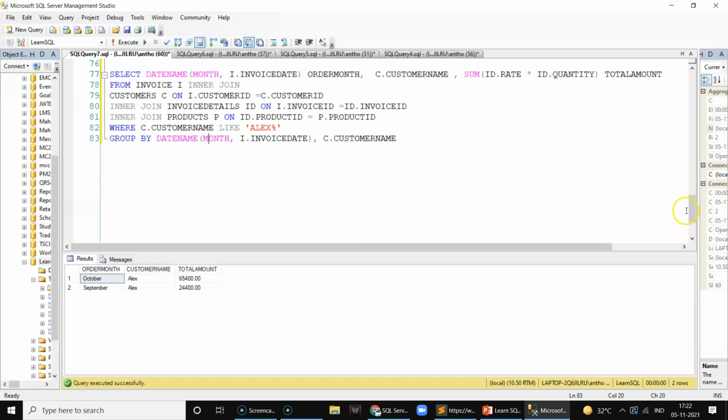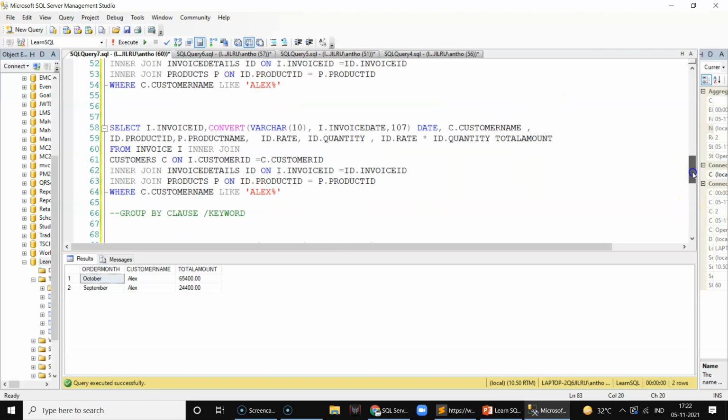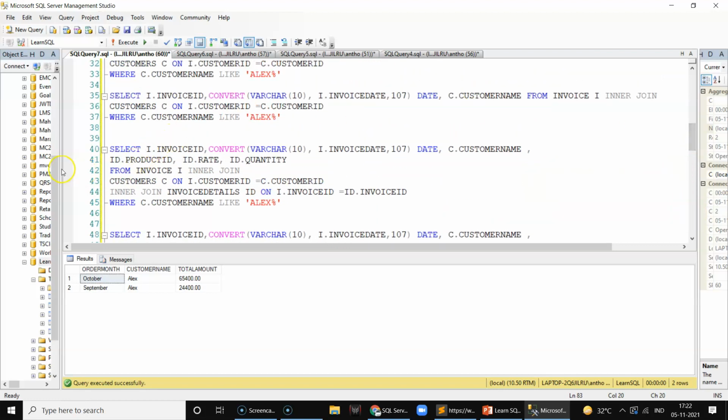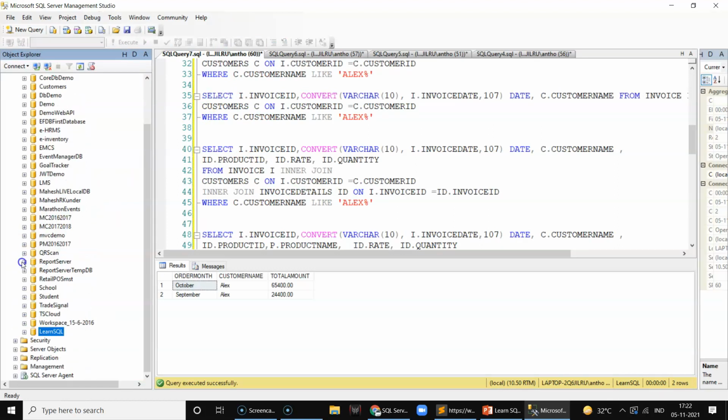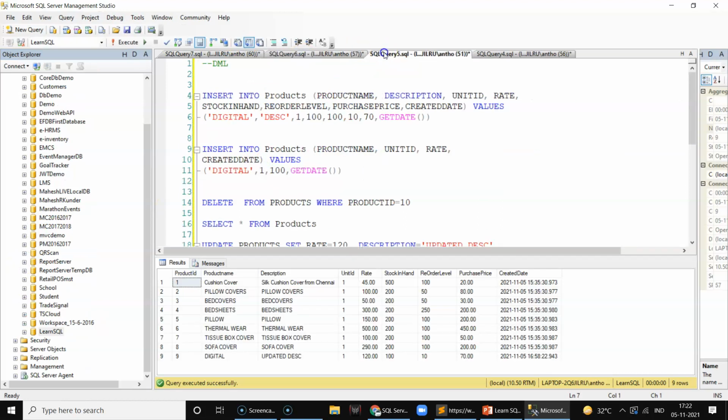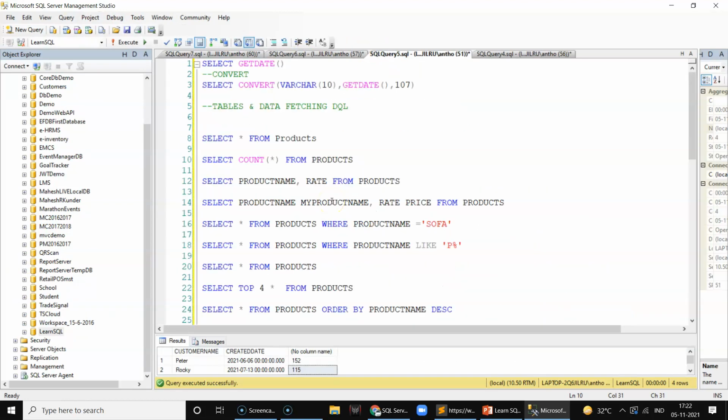So guys, I have shown you the different queries which you can run, and I've shown you how you use the data definition language, data query language, data manipulation language using a very simple design structure. I hope this video was helpful, and